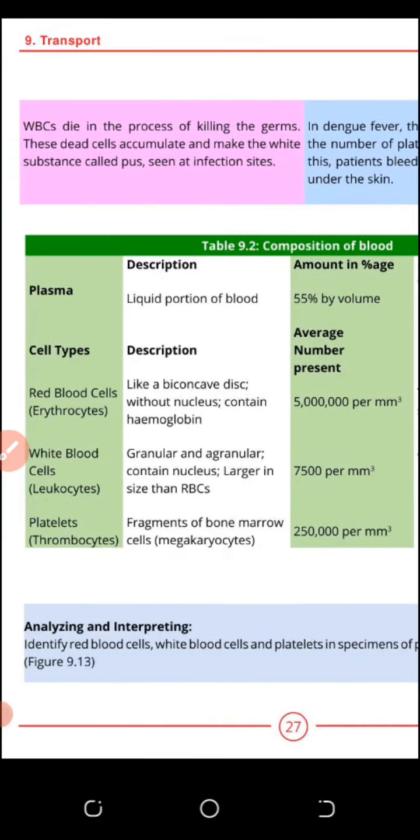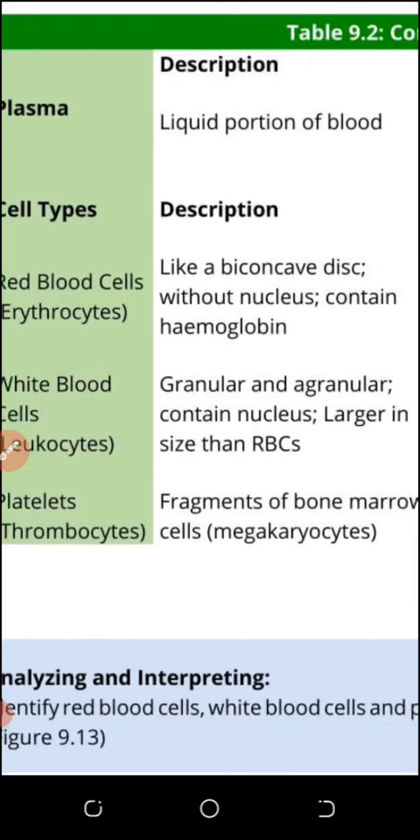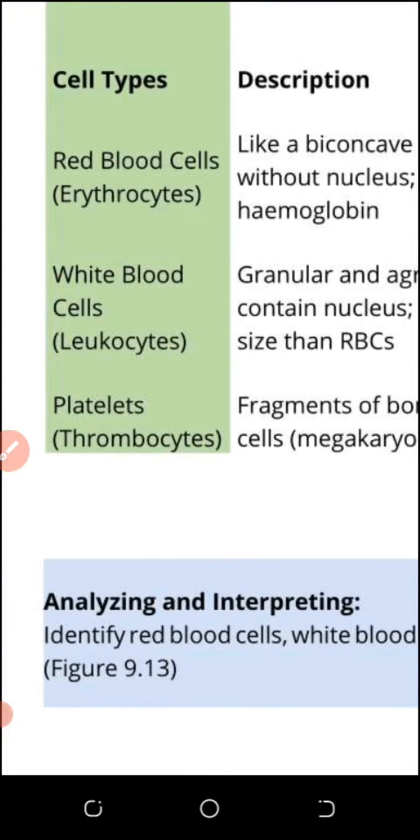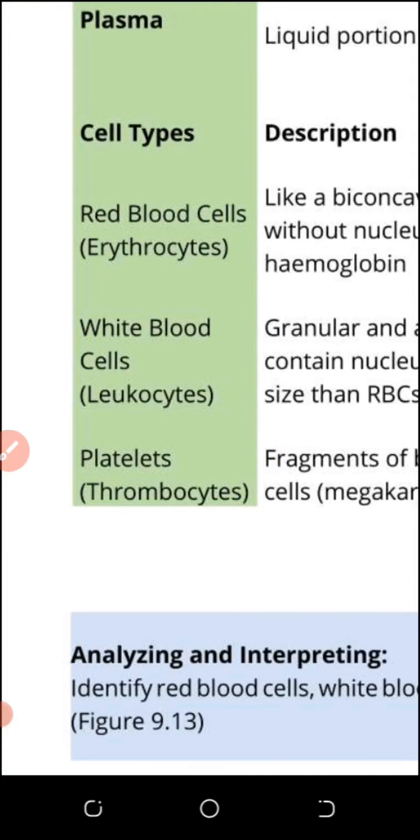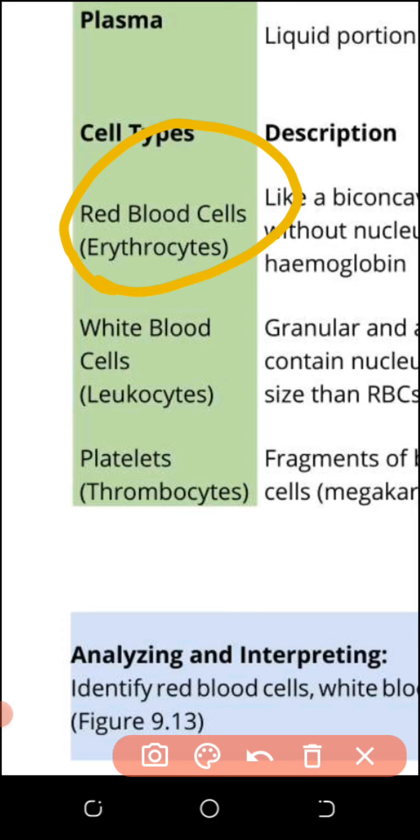And most important is that white blood cells are significant parts of the immune system, especially lymphocyte B and lymphocyte T. And red blood cells are without nucleus, and they consist of maximum hemoglobin. They are called erythrocytes. White blood cells are called leukocytes, and the main white blood cells are lymphocyte B and T. They protect against bacteria and against diseases, against coronavirus as well.